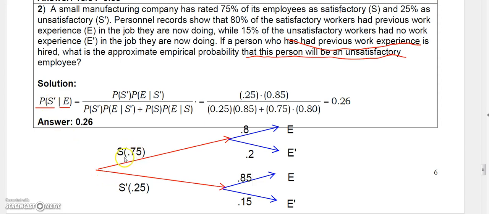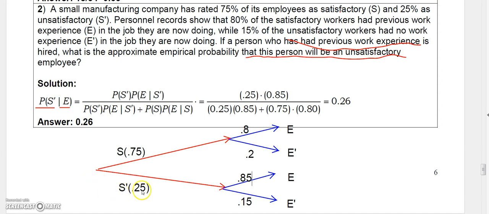We knew that 75% were satisfactory, 25% were not satisfactory, and we were given that of the satisfactory workers, 80% have work experience, so that means 20% don't. And of the unsatisfactory workers, we were told that 15% had no work experience, so that means that 85% did have work experience. So now to answer this question, the probability of S prime given E, remember the numerator is